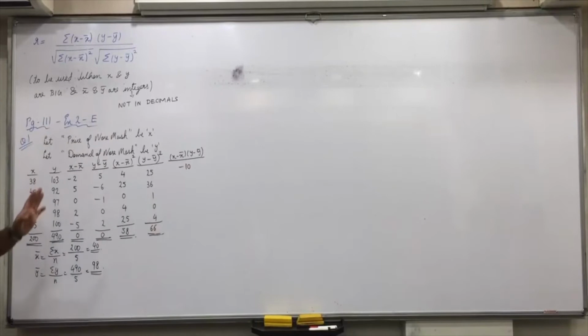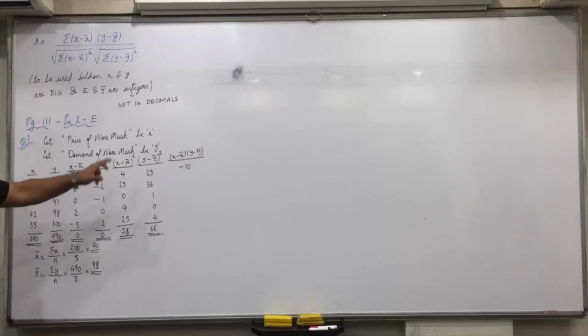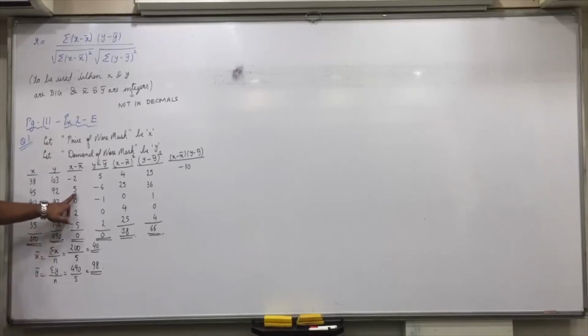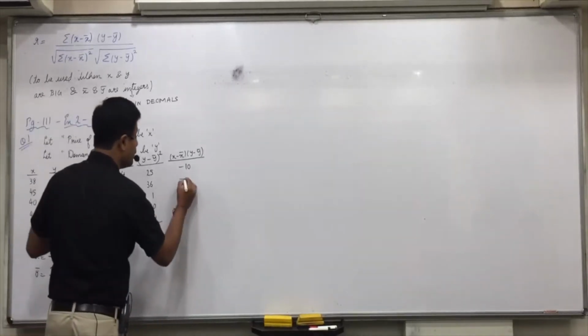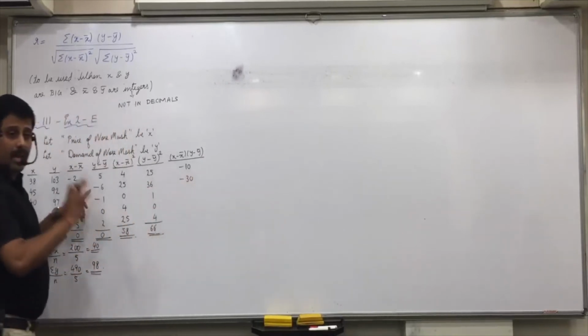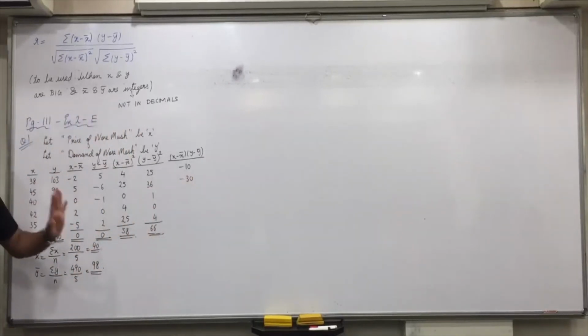I mean, in calculator you get 10 only, but did you put it in m minus or not? So basically what is minus 2 into 5? Minus 10, so write minus 10. Putting it in m minus means it's a negative value. Okay? Then do 5 into 6 and again will it be positive or negative? Negative. So put it in m minus, do you get 30? But we should write minus 30. 5 into minus 6 is minus 30.